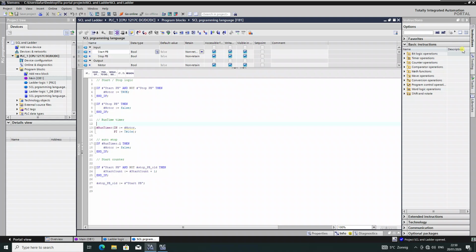But again, a good PLC programmer does not choose a language. They choose the right language for the right problem. And of course, understanding both ladder logic and SCL makes you more flexible, more professional, and better prepared for real industrial automation projects. And I prefer both of them, but